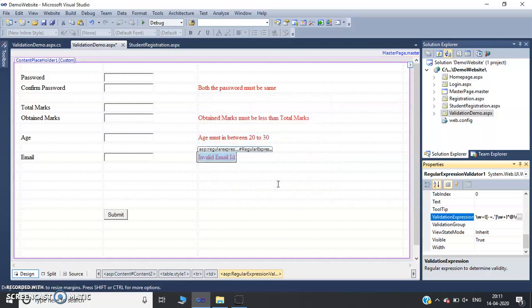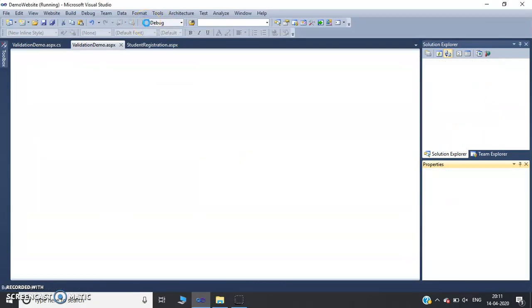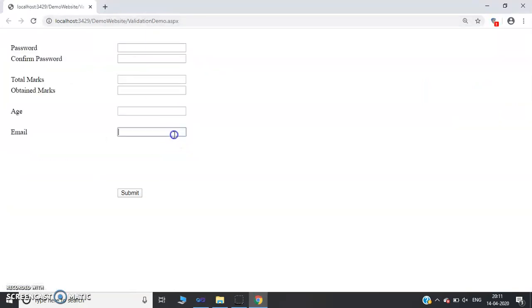Now this will accept an email ID only in a particular format. Just execute this page and type any invalid email ID. I have just typed my name and clicked on tab button. It will give an error. Just type @ symbol.